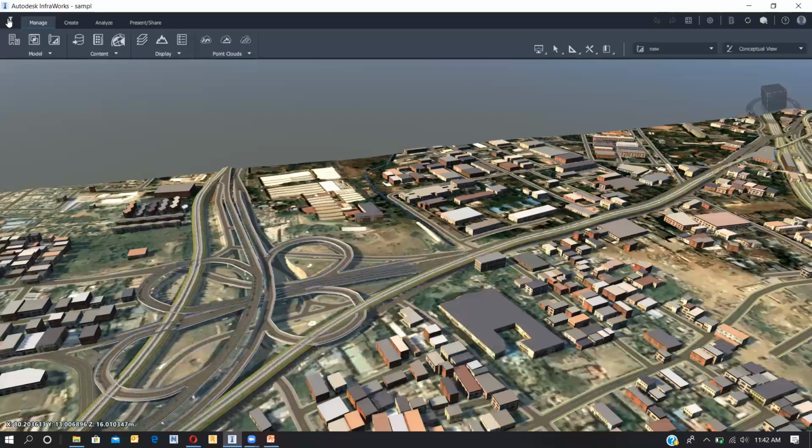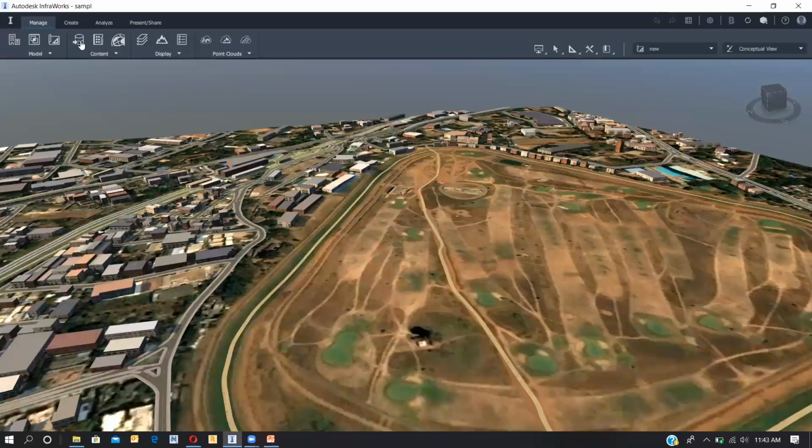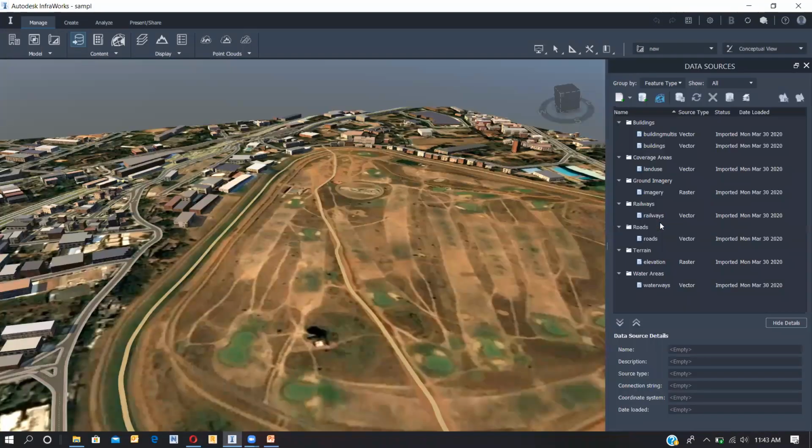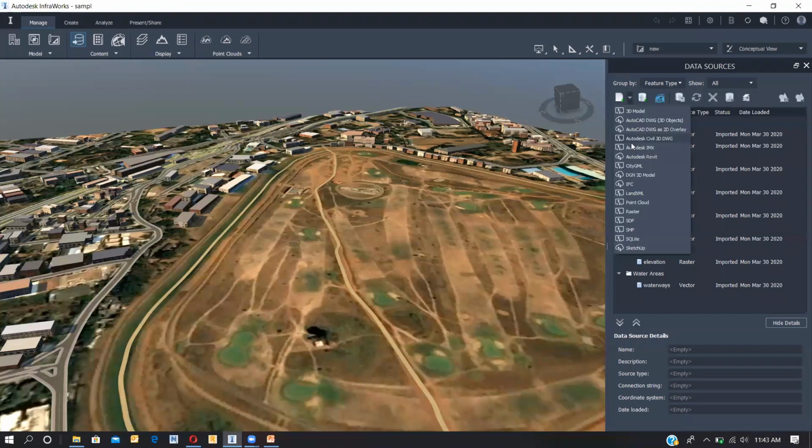Here we'll have an option called import. We'll have the options here, like data sources. You can import your models from any of the tools you have modeled in. Can you see here, we have options for what you can import into InfraWorks. You can bring your Revit file, you can bring your 3ds Max file in FBX format, you can bring your Civil 3D file, or you can bring your DWG file. These are all the file formats accepted by InfraWorks. You can export things also. I will show how to export in a later part.